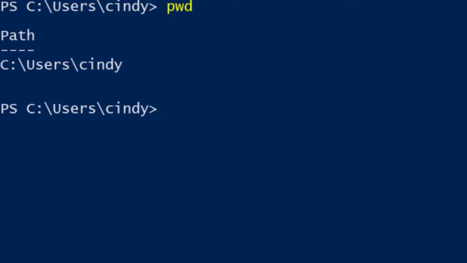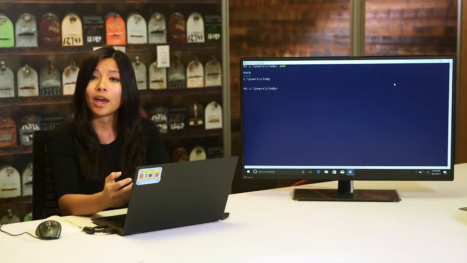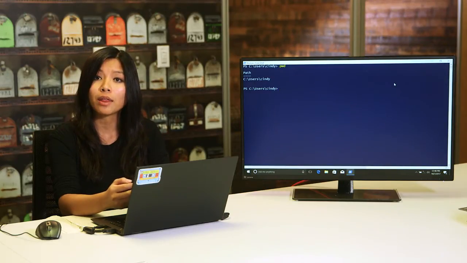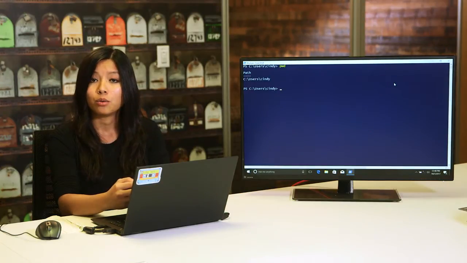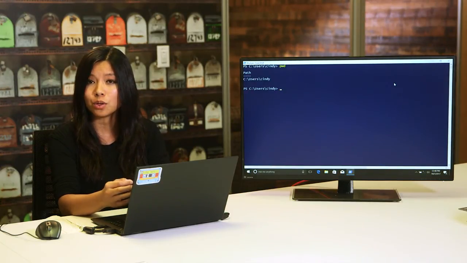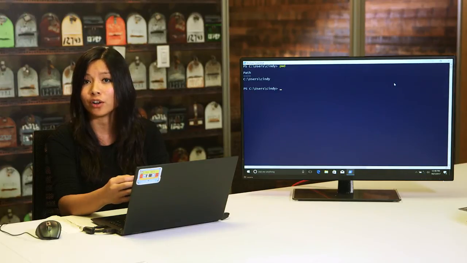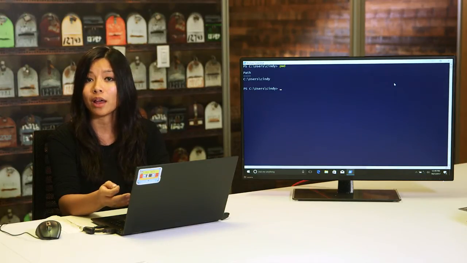If we want to change the directory that we're in, we can use the cd or change directory command. To use this command, we'll also need to specify the path that we want to change to. Remember, this path can be absolute, which means it starts from the drive letter and spells out the entire path. On the flip side, it can be relative, meaning that we only use part of the path to describe how to get to where we want to go relative to where we currently are. I'll show you what I mean in a minute.